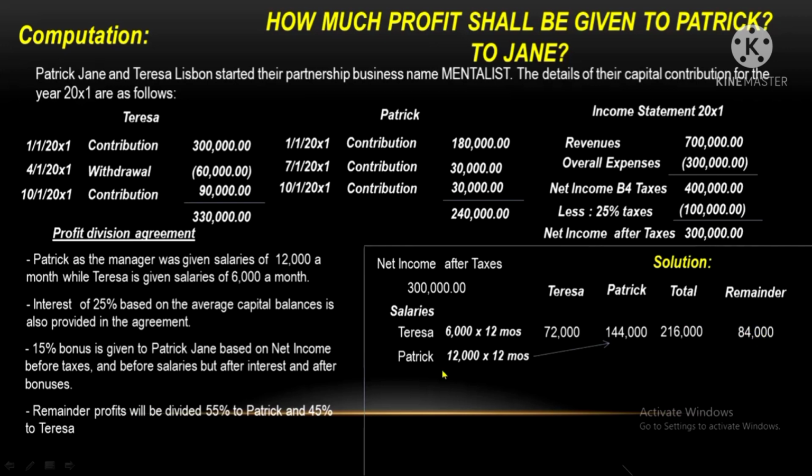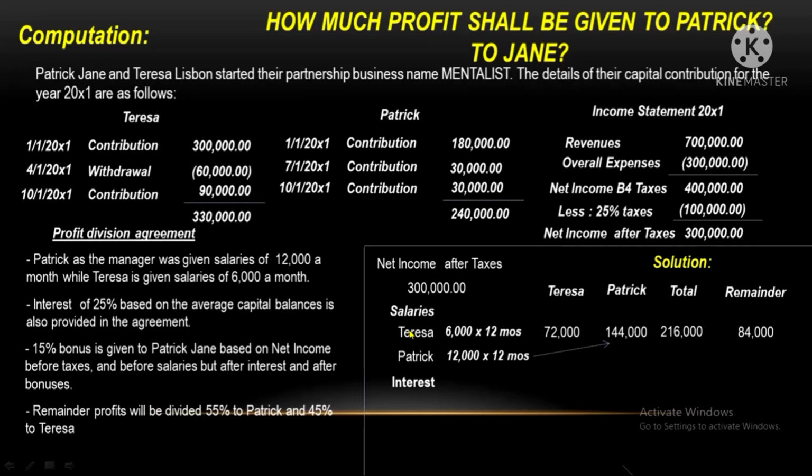Now, it's time to give 25% interest to the partners. But I would like to clarify something first. I distributed the salaries first in this solution. However, there is no rule that salaries should be given first. Actually, you can choose to satisfy the interest first or the bonuses first. But for me personally, I always start with the giving of the salaries first because it's usually easier to compute